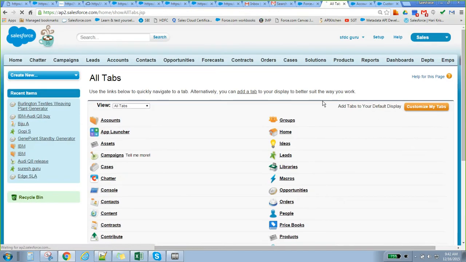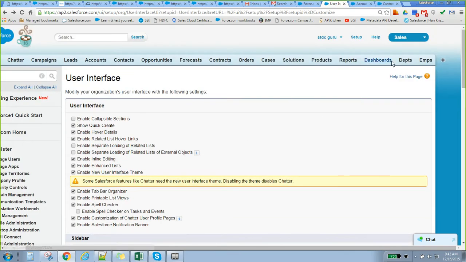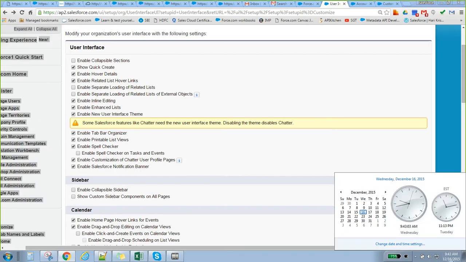If you enable this, it renders as per browser settings. If you are opening in IE, maybe it will show all the tabs, or in some other browser it may show up to dashboard. These things will be automatically adjusted.